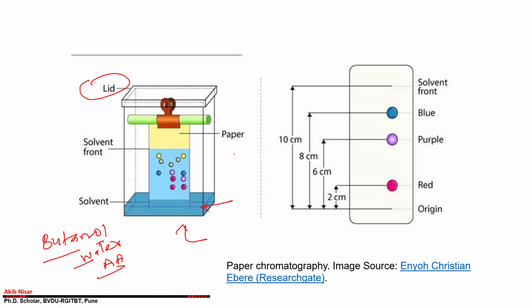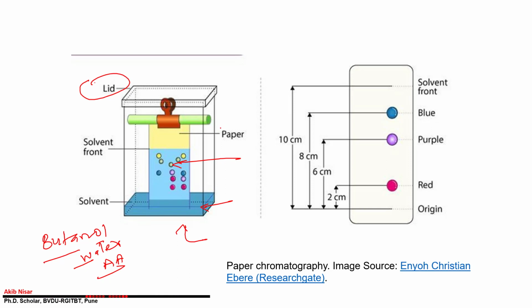Fine. When you take this solvent and put it in your chromatographic chamber, at the same time you have to put in your paper. This paper is made up of cellulose. It is called Whatman filter paper number 1. Just because of pore size you have to use Whatman paper number 1. Then first of all you have to cut the paper to a particular size, and the size of the paper will depend on the chromatographic chamber size. Like the chamber you are using, you have to calculate the size so that the paper will fit into it.